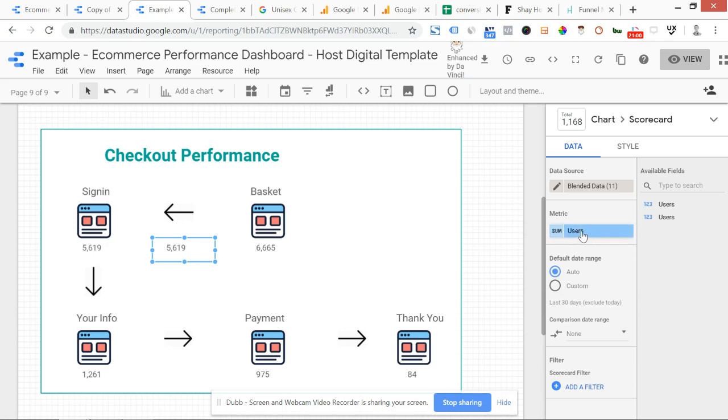Okay. What I actually want is a calculated metric that shows me the percentage progression, i.e. sign-in users divided by basket users. That's what I want to show here. So how do I do that? Well, I'll jump into my data source,